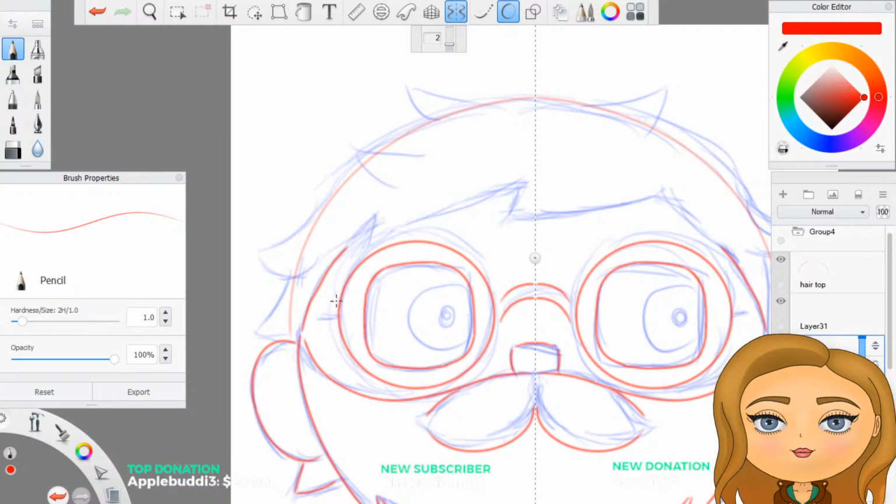And we can do like the sides, which are really just like little nubbins. Which apparently this doesn't want to help me with.